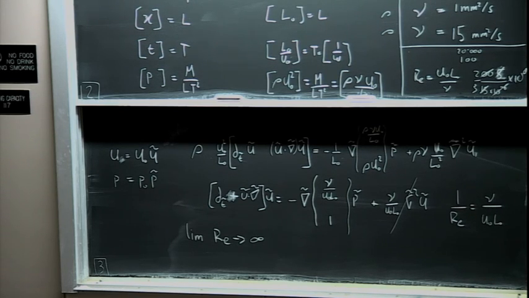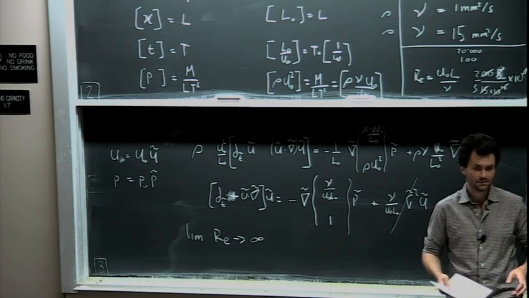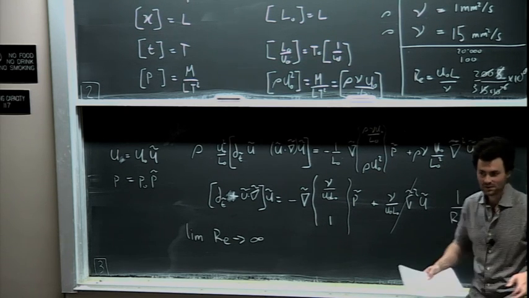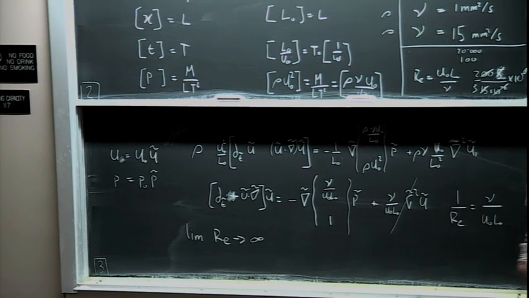If you don't make those approximations, you then have to go through the same exercise that we did over here, and you have to put all the relevant scales for your problem in. And so what you'll find is that in general, it isn't just one parameter that governs the entire set of the equations, right? But there are many parameters. You can look up dimensionless parameters in fluid dynamics on Wikipedia,